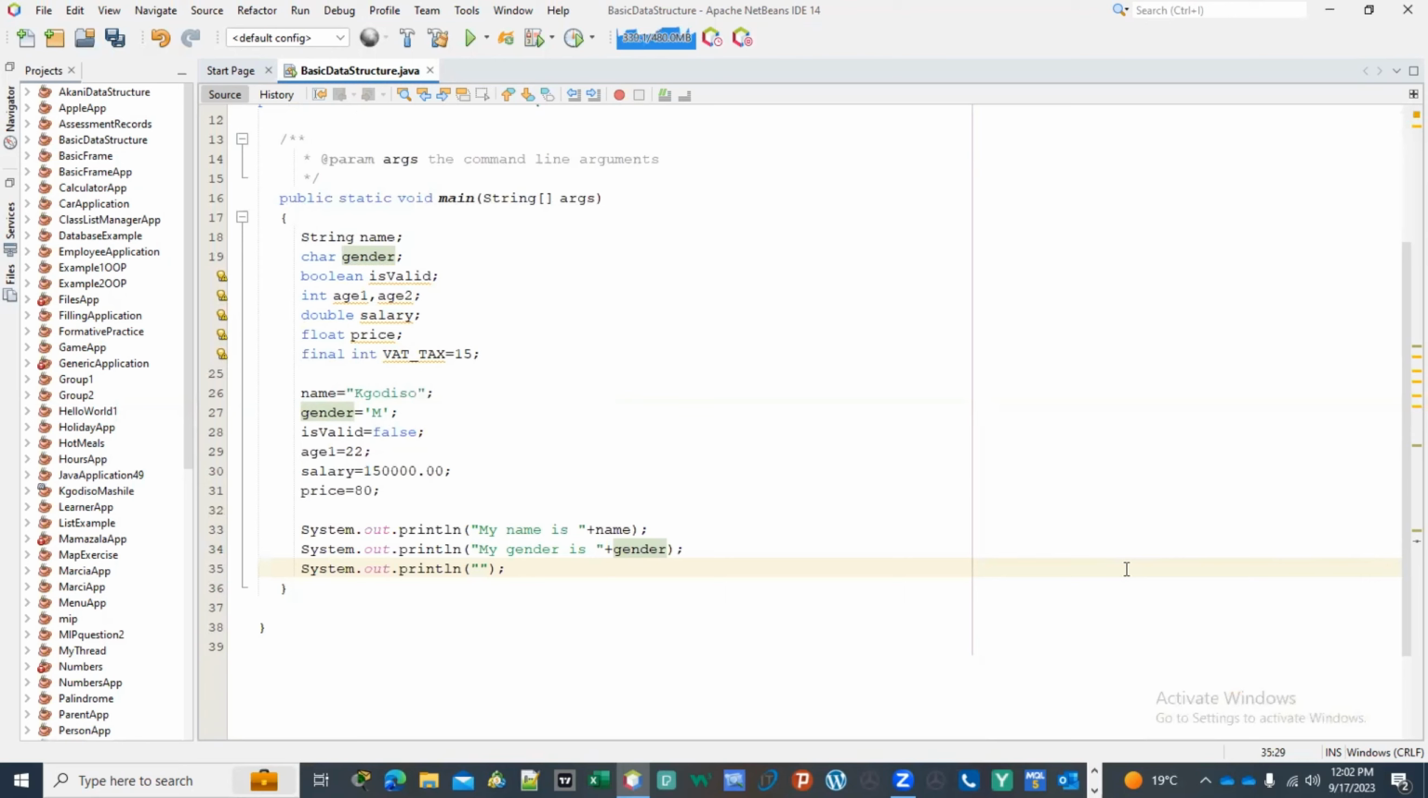And then I'm gonna say, is this a valid age? And then if I want to write false, I'll just write is valid here. I just made a mistake with the spelling. System.out.println, and then I'm gonna say my age is, and in this case, I'm just gonna write